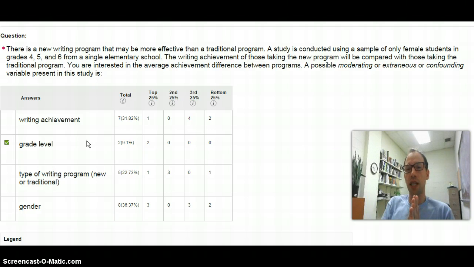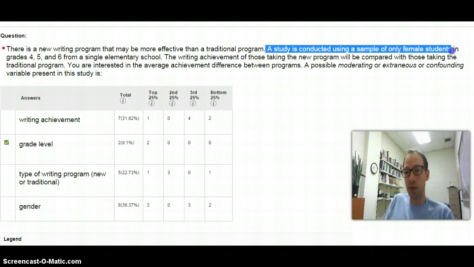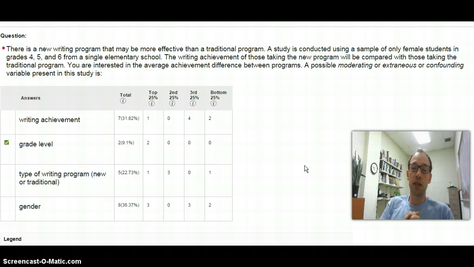However, in most studies, there are these other variables that kind of get in the way. Gender could be an extraneous or a confounding variable in a typical study like this. But notice that it says the study is conducted using a sample of only females. In other words, there are no males in this study. So because of that, gender is not going to influence our results at all. We are only concentrating on females, so we don't have to worry about this idea of being two separate populations that maybe have different